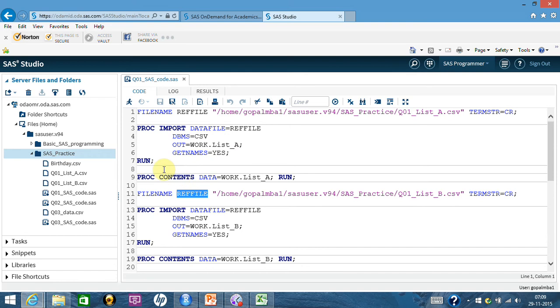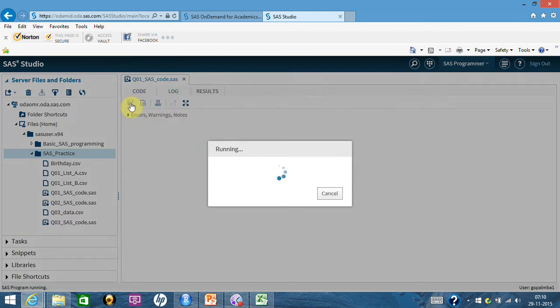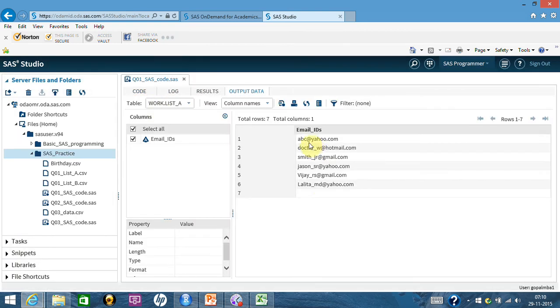What you need to understand in your case, if you are referring to my code, is that you will definitely have to change this portion, because it belongs to your library or wherever you have kept the file. If you're using PC SAS, this will go in a different way, probably C colon, something like that. Or if you're uploading to the SAS online academic version, it will probably be your ID and the way you have created your folder structure. But once you have done it, let me just run it. It will create the table, so you can see it.